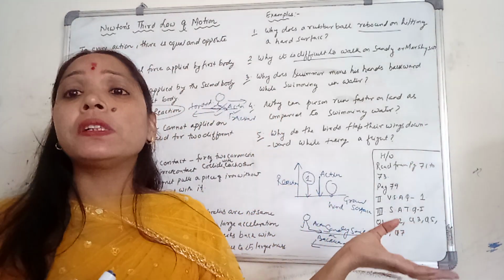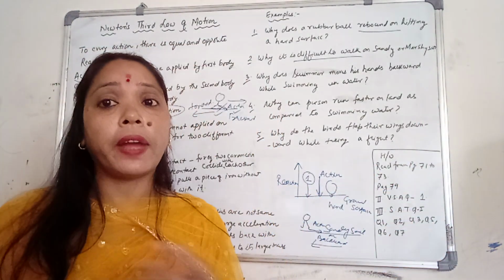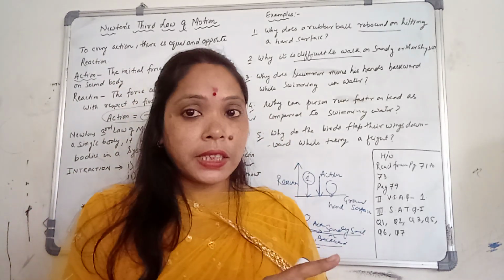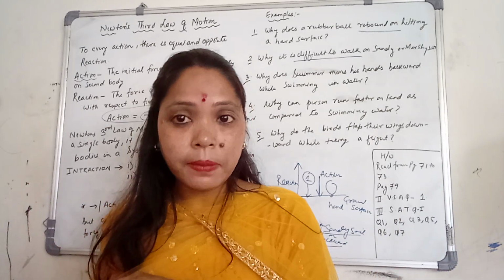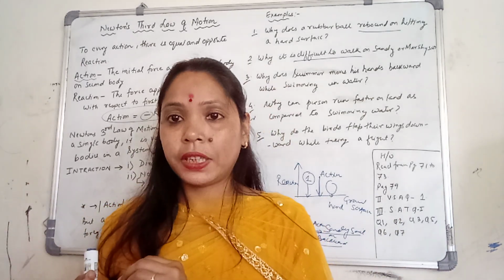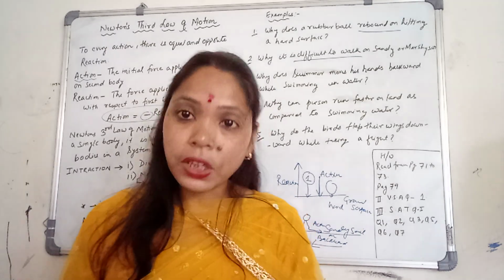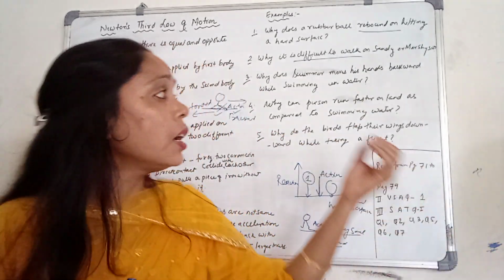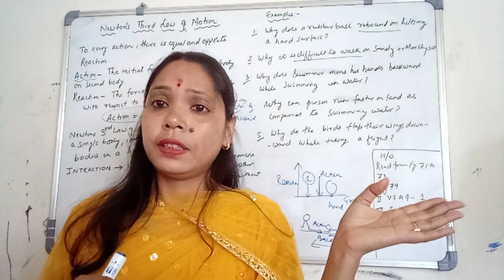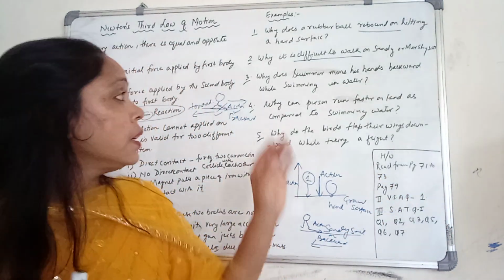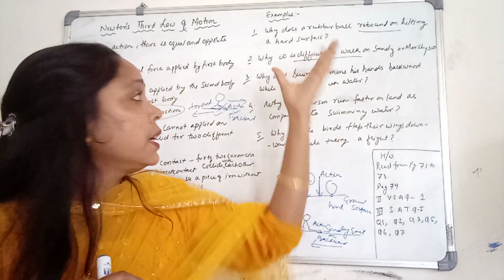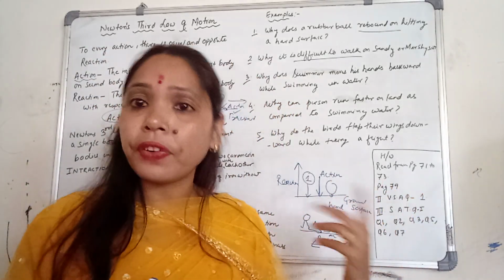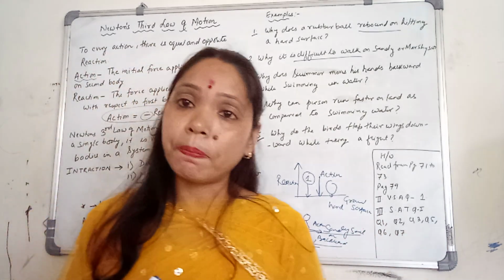So all the examples of Newton's third law of motion we have to explain in this way. Action should be equal to the reaction but in the opposite direction. If the action and reaction are not equal, then it is always difficult. It can be difficult to walk or difficult to run faster like this. I hope all of you are clear about Newton's third law of motion. Here I explained only five selected examples. In your book some more examples are given.